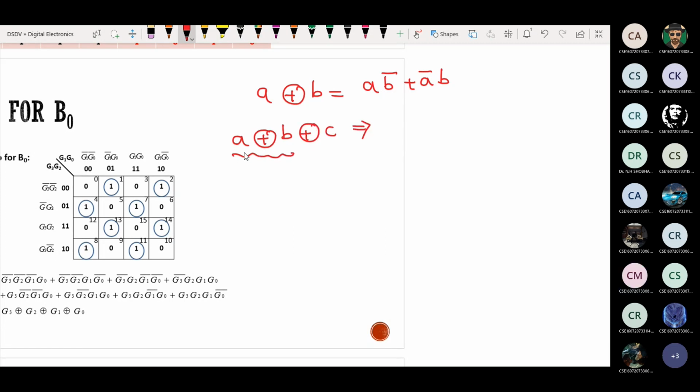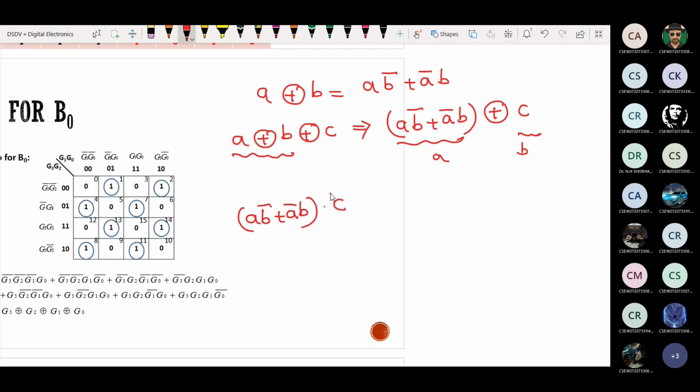First you have to write the elaborated version of A XOR B, so A B bar plus A bar B. Next, everything should be XOR with C. Treat this complete thing as A and C as B. Again A XOR B is A B bar plus A bar B. This is A dot B bar, plus this is A bar B. Full bar, correct? Yes sir. Next, multiply internally.